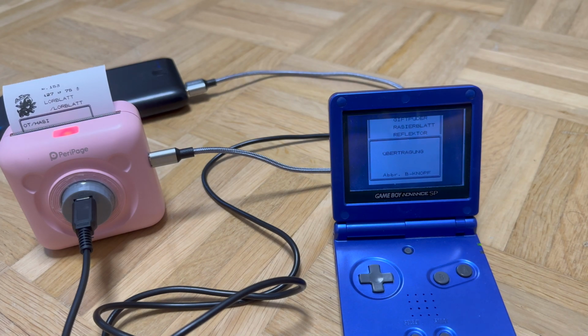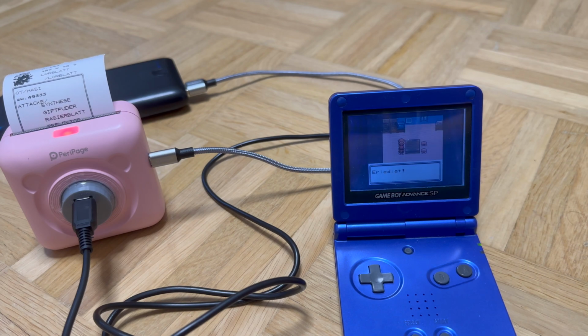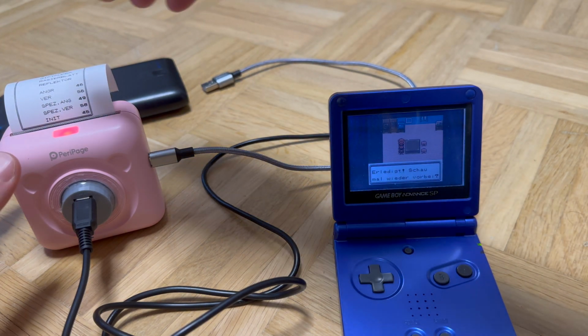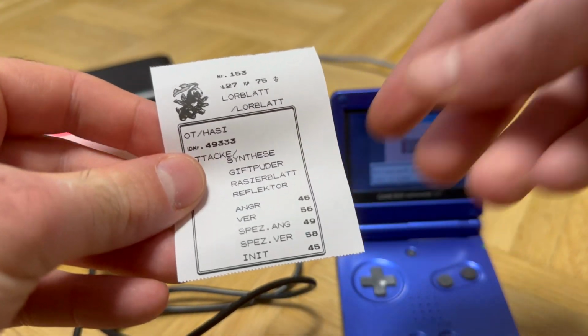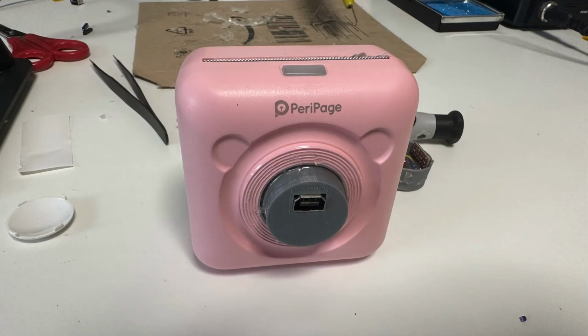And then when it stops printing, you see the screen goes white because the power from the power bank flows into the Game Boy. But as soon as the printer continues printing and draws the power from the power bank, the Game Boy goes back to normal. So the Game Boy is still live, but I would not recommend doing so. And as soon as I unplug the power bank, the Game Boy is also back to normal. And it did work. It's not been part of my original design to not have the Game Boy have enough